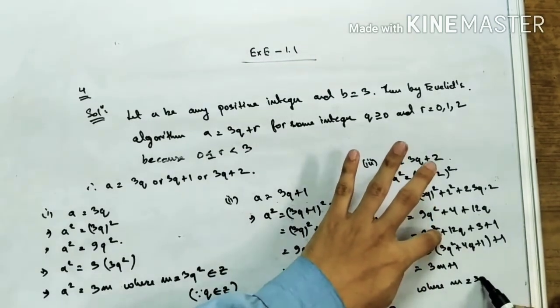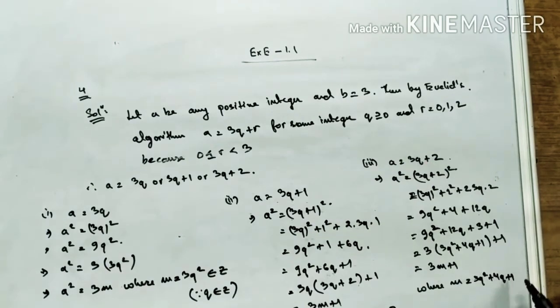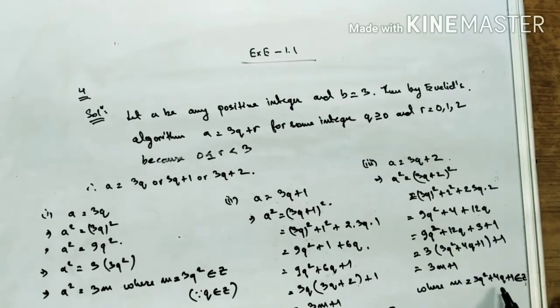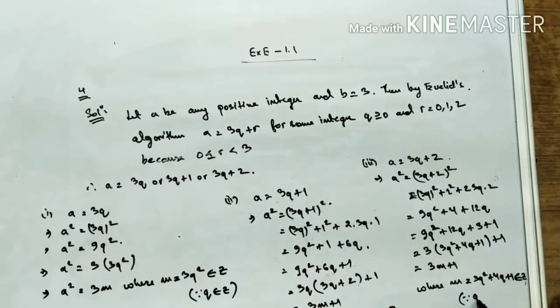It is 3q square plus 4q plus 1, belongs to Z, since q belongs to Z. Understand? So therefore